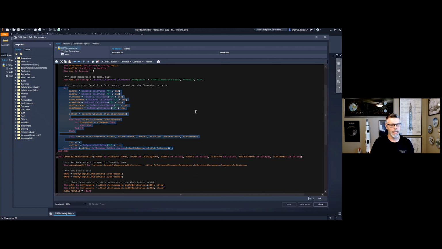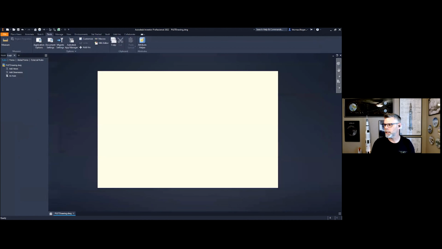Okay, so loops are very, very valuable in the sense of think about if you had to change the title block in a drawing that had 15 drawing sheets. Well, maybe this drawing has 15, maybe there's another one that has 5, maybe there's another one that has 100. If you don't know, loops are very, very valuable in order to say, okay, I'm going to loop through until we basically get to the end, and then I can go on to something else. So that's loops in a nutshell.